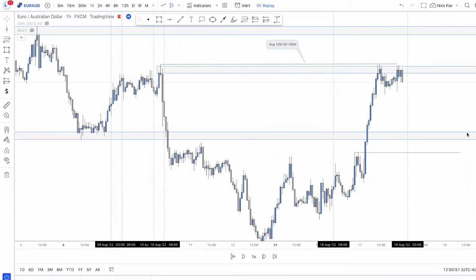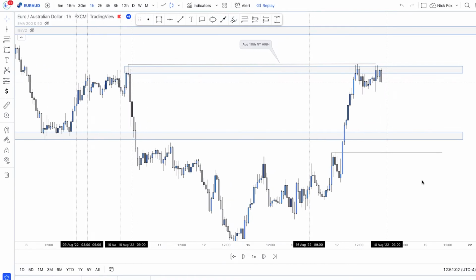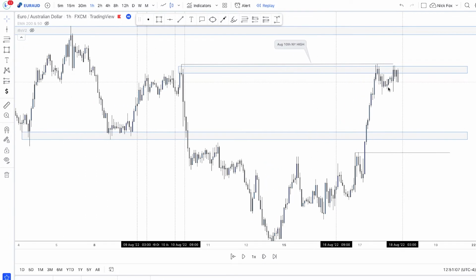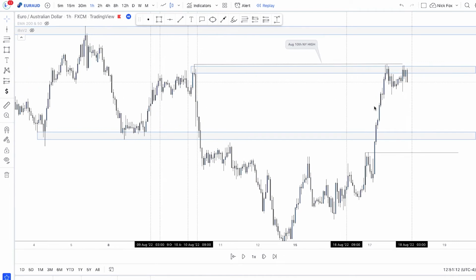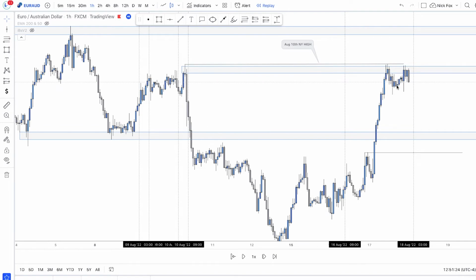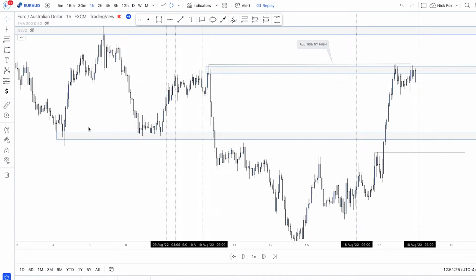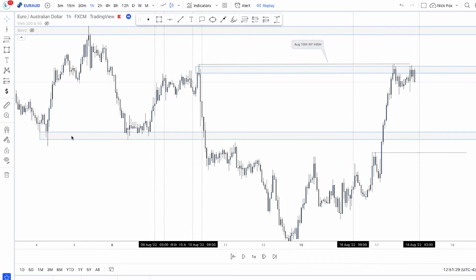So when it deals with day trading, we are going to be primarily day trading one specific session. So in this example, on August 18th, let's say we are trading the London session marked out by this vertical line. And I'm starting off my analysis on the 1 hour time frame here. And let's say, hypothetically speaking, I wanted to take a trade at this market zone. This market zone was the New York session's high on August 10th, about 8 days prior. And I am making a calculated analysis that I want my trade to be exited at this specific zone right here.